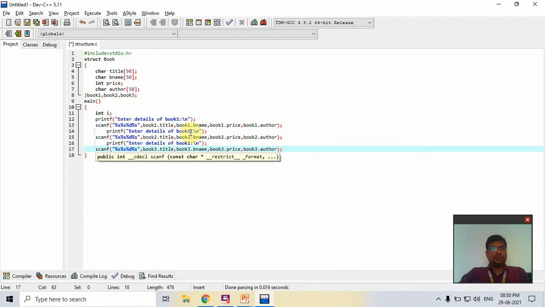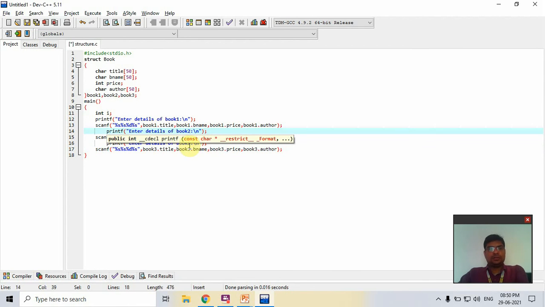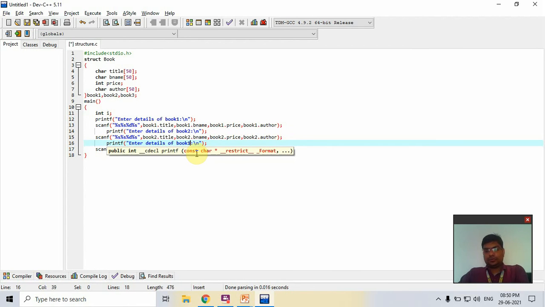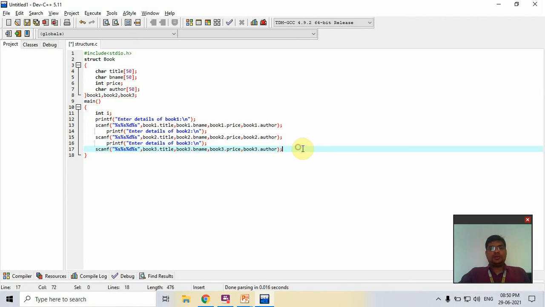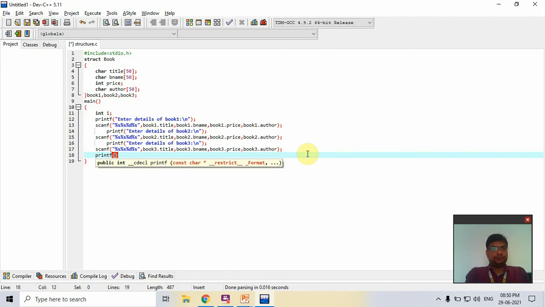And same for book 2 and book 3. Now I want to print the detail of book 1. So for that, printf, and we print the detail: first is title is equal to %s \n.